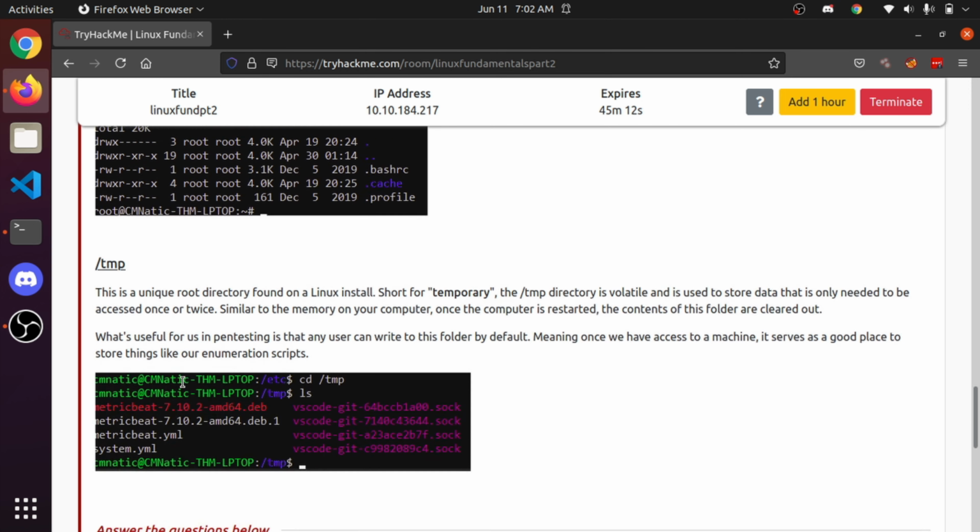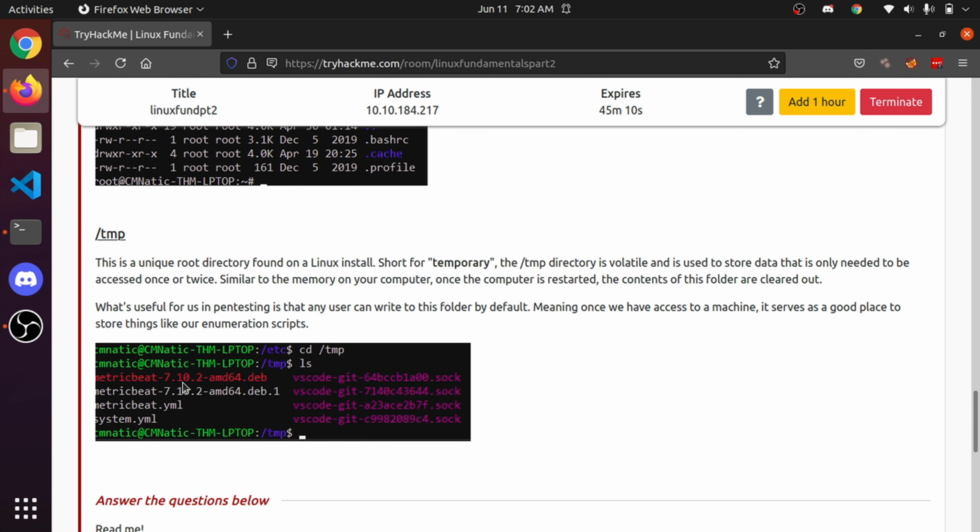Then /tmp. This is mainly for temporary files. For example, you may study about cache at that time. If you are opening something like files, some cache will be stored, or else the file being opened. Some temporary files will be stored. Mostly these kinds of things will be stored in this place called the temporary directory.